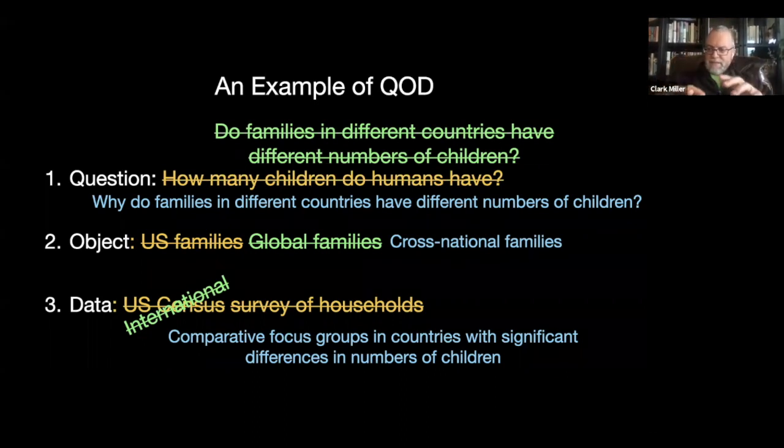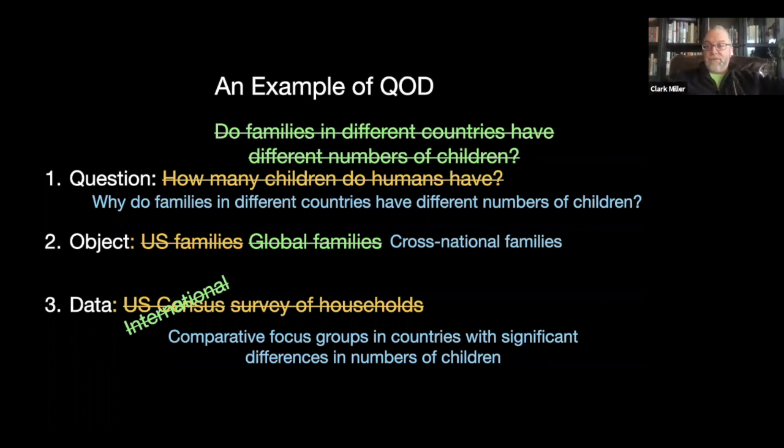And so if we did that kind of focus group in each of the countries that we were looking at, and maybe we don't need all countries, right? If what we want to understand is why families in different countries have different numbers of children, maybe we only need to pick a few countries, some of which have lots of children, some of which have not so many children on average, and some of which have an average number of children, right? And so we might compare 3 countries in this study.